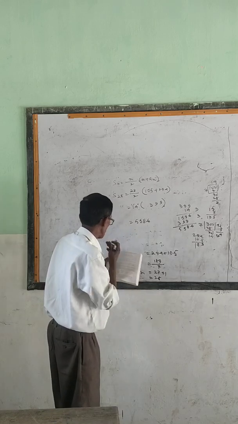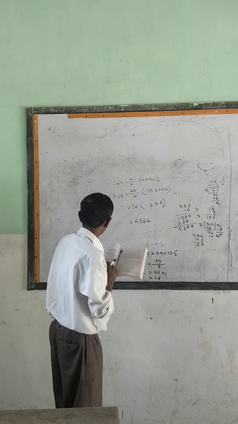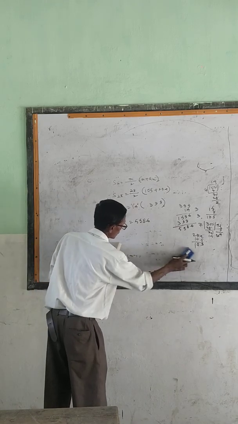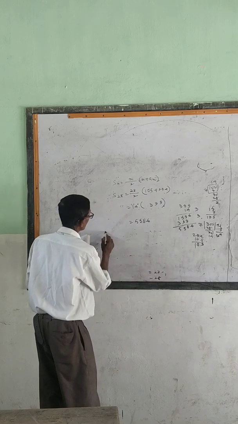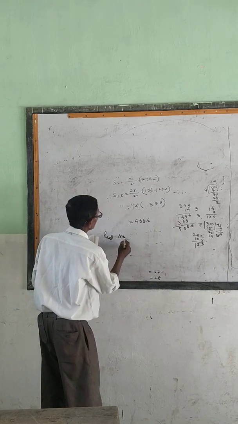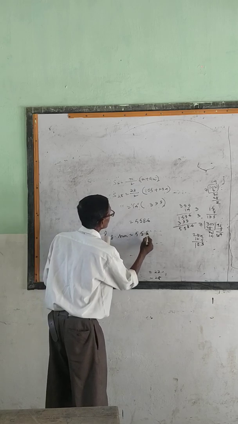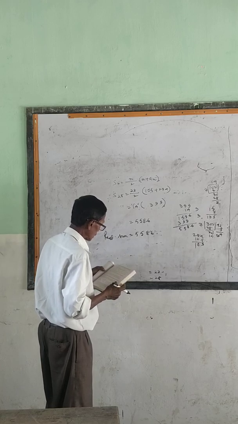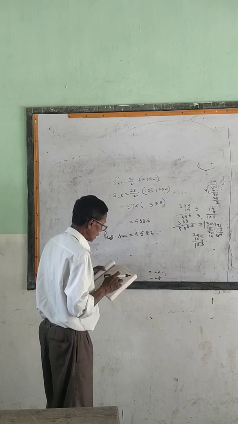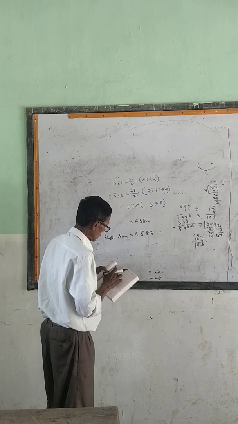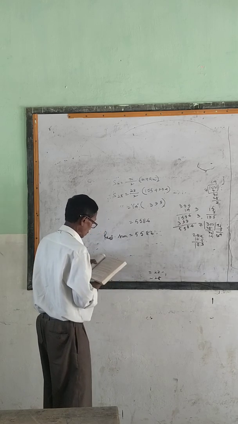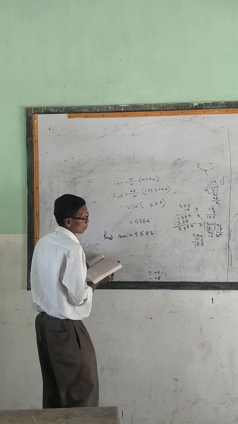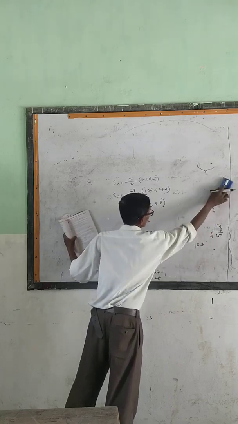Let me check the result. This is question number 8, and yes, we are getting the result. So the required sum equals 5586. After this, there are some questions 10, 11, 12 and 13; others will never ask. Question number 17 they sometimes used to ask. So let us try some from this exercise.